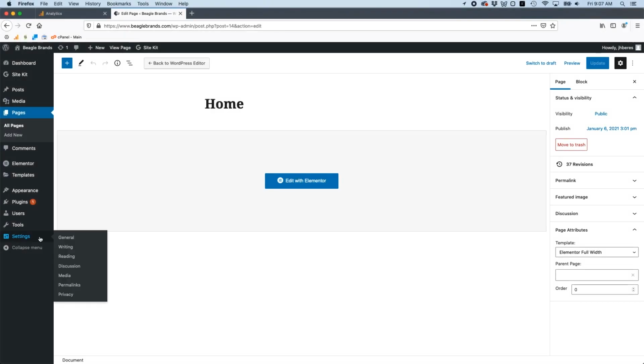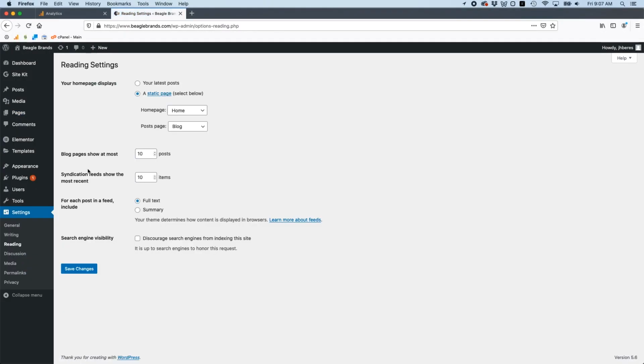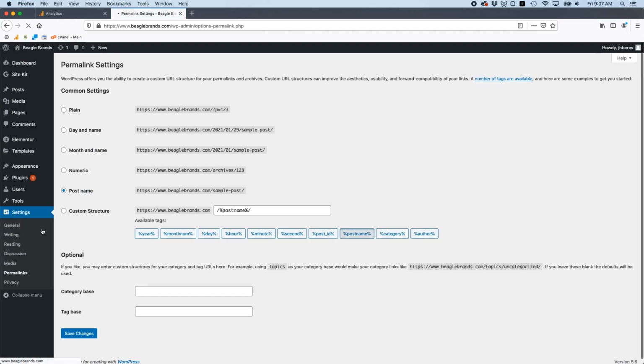So the other thing you want to do is pay attention to the URL structure of each page. We looked at this before, but make sure you go to settings, permalinks, and make sure that you're setting it to post name for the post, because when you title a new post, you want to make sure that you're putting keywords into the title of that post. And when you set the URL structure, you want to make sure that post name is being attached to the URL, because when keywords are in that URL, that means a lot to Google, and they're going to look at that and say, all right, that's great. This post must be all about cat water fountains or whatever the heck it's about. So make sure you change this setting,